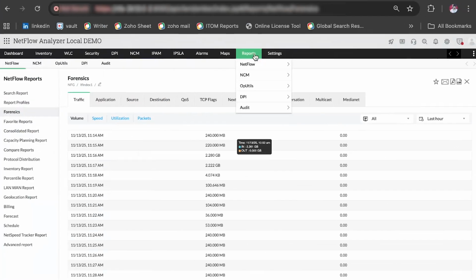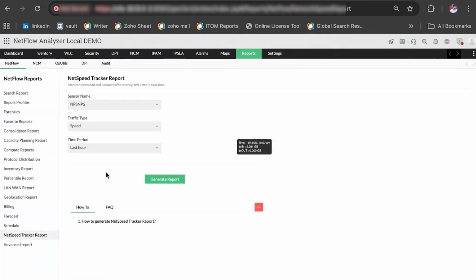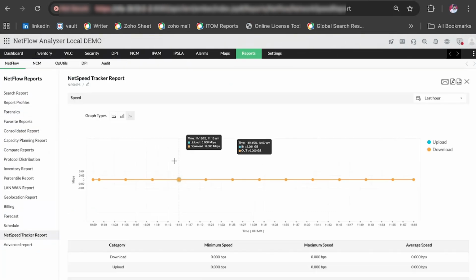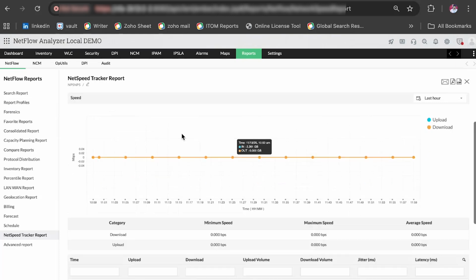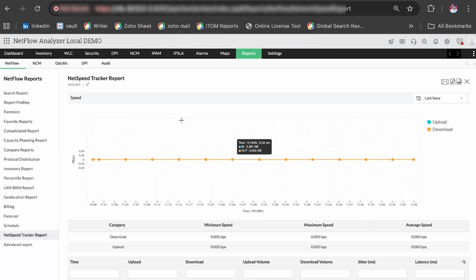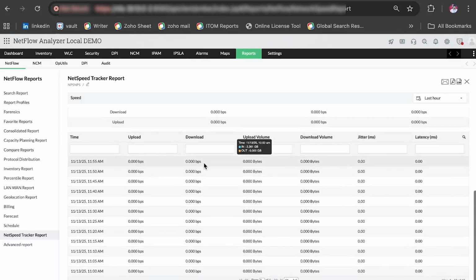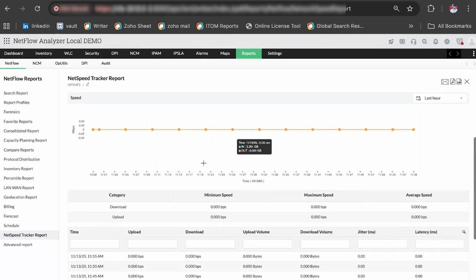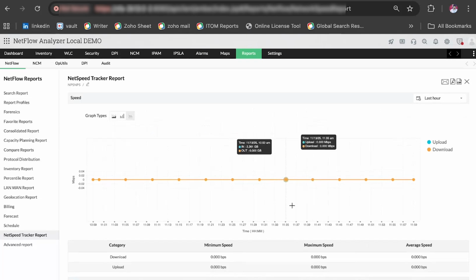So again, we'll click on reports, and under NetFlow, we'll click on NetSpeed Tracker report. So we'll give the sensor name, the traffic type, the time period, let's say last 1 hour, and click on generate report. And by this, you can generate a successful NetSpeed Tracker report. So going back to the presentation,